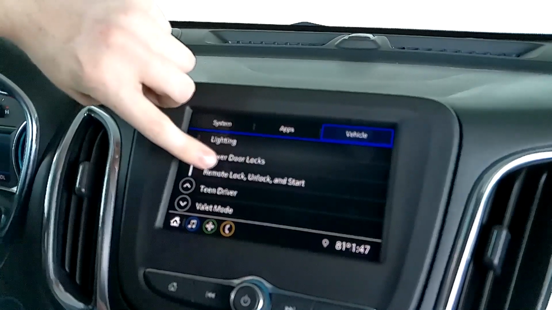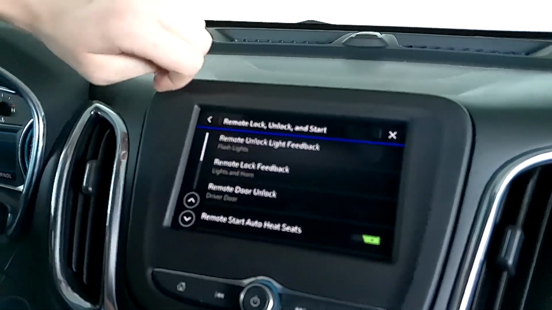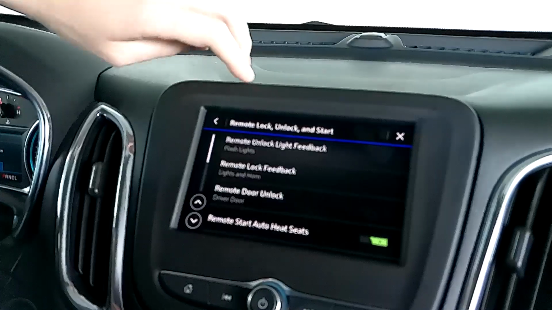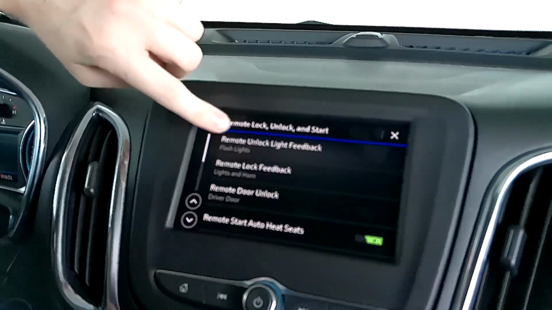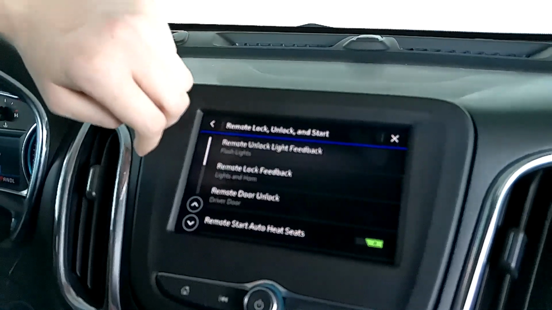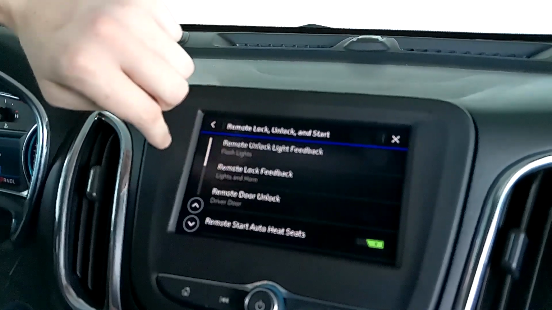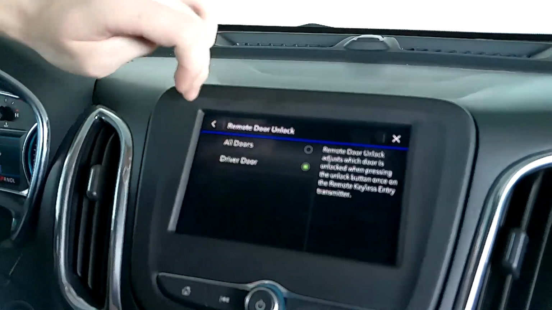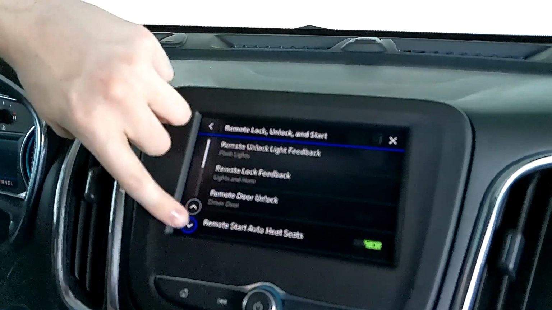You got your remote lock, unlock, start. So this is going to have a few different settings in here. You have the remote unlock feedback, so just flashlights, remote lock, lights and horn. You can change these to fit however you want. Remote door unlock, so that's going to be when you unlock the door, which one it'll do, just the driver door. Remote start,